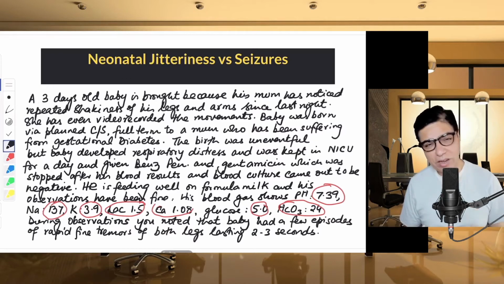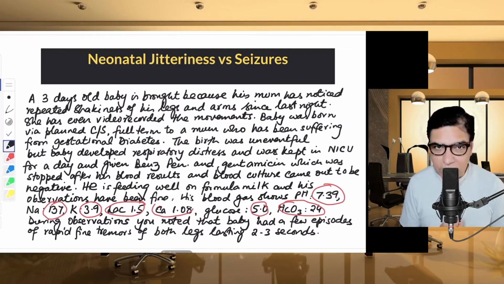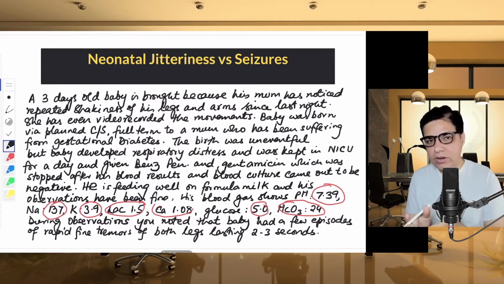So you decide to observe this baby for some time, and while you are observing him, you notice that there have been a few episodes of fine rapid tremors of both of his legs, which last for 2 to 3 seconds and then they disappear. So now the question is, are these movements jitteriness or neonatal seizures? How to differentiate between these two? For that, you need to understand what is neonatal jitteriness and what are neonatal seizures, and how these two are